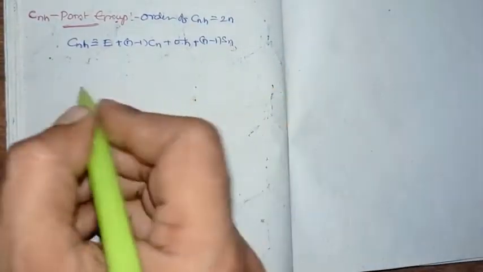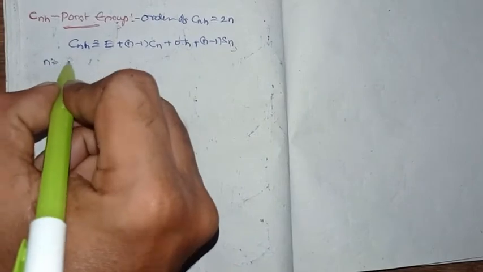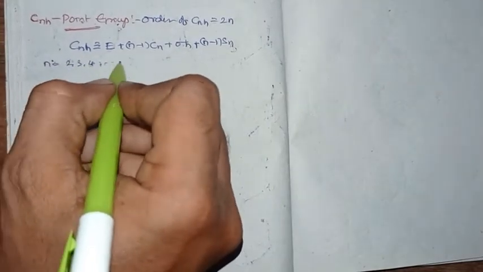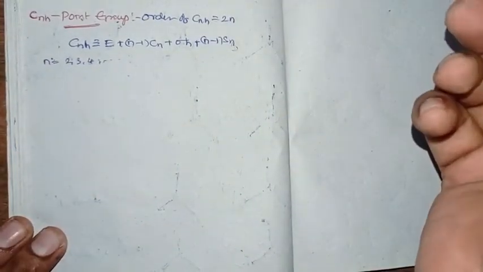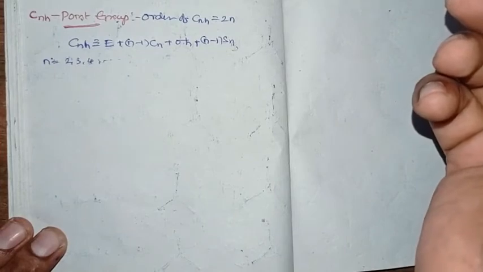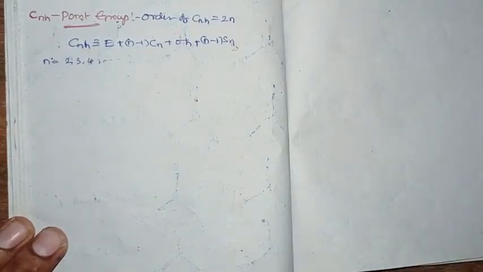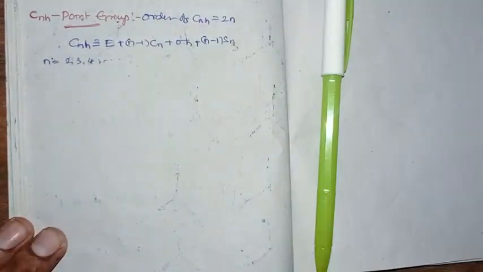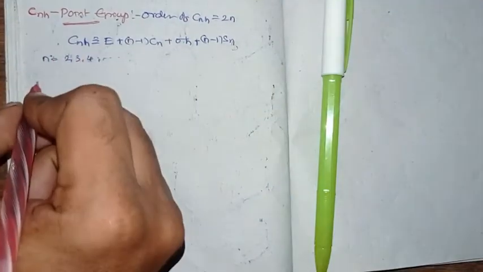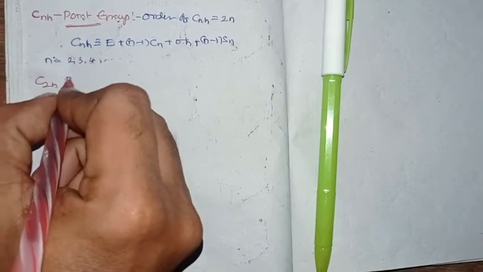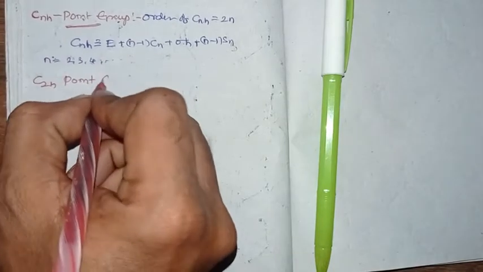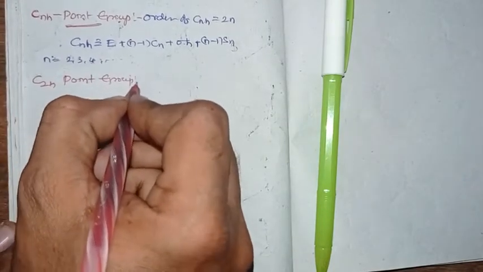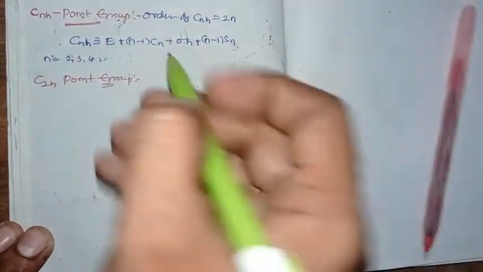Okay, so n may be 2, 3, 4, 5, and so on, right? It means that there is a C2h point group, C3h point group, C4h point group, like this. So here I will specially discuss the C2h point group, where the order of the C2h